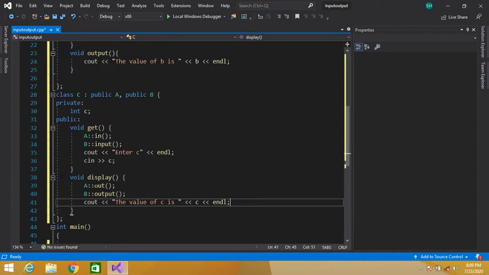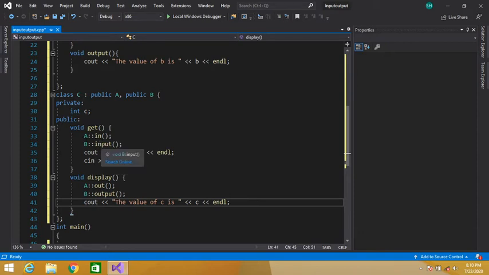Why did I call these two functions here? Because I will create the object of our child class C, and using that object we will be able to call void get and void display. And when we call these functions, the functions in the parent classes will also be called, because we are calling them in the definition of this function.